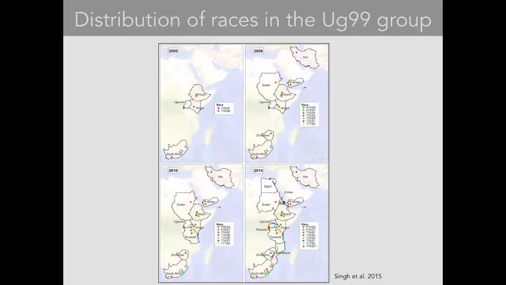And also the variants of Ug99 have been rapidly migrating. You can see from this map, in 2005, only 2 variants in the Ug99 group were described: TTKSK, at that time present in Uganda, Kenya, and Ethiopia, and race TTKSF, present in South Africa. But if we go all the way to 2014 and 15, we can see that all the countries in East Africa have at least one variant in the Ug99 group. Also, Ug99 has been identified in Yemen and Iran in the Middle East, and has the potential to migrate and reach the high production wheat areas of the Punjab in India and Pakistan.